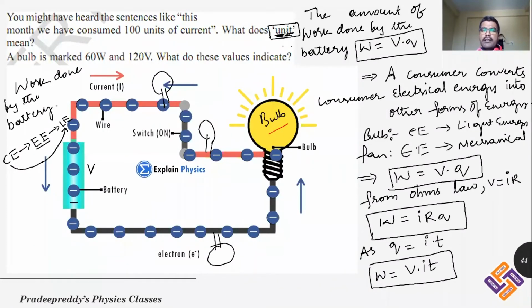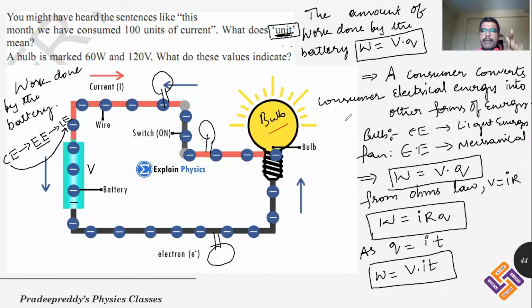It means that in your home there will be a refrigerator, a TV, a mixer and grinder, 4 fans, 5 tube lights, and some small bulbs. These are all consumers. And when you are switching on all these consumers, they draw current from the battery. But practically there will be no battery. There will be a live wire, a service wire. From that service wire, current will be drawn by all these consumers.